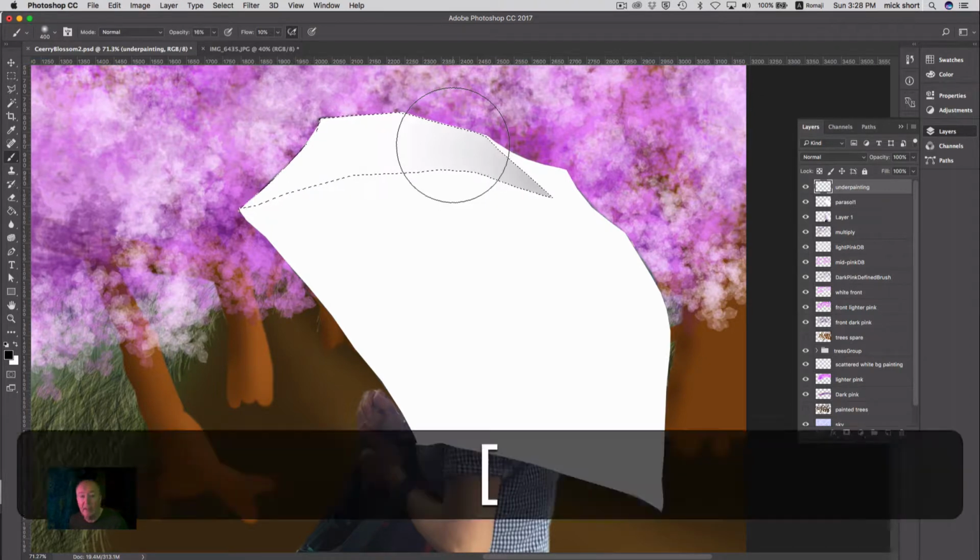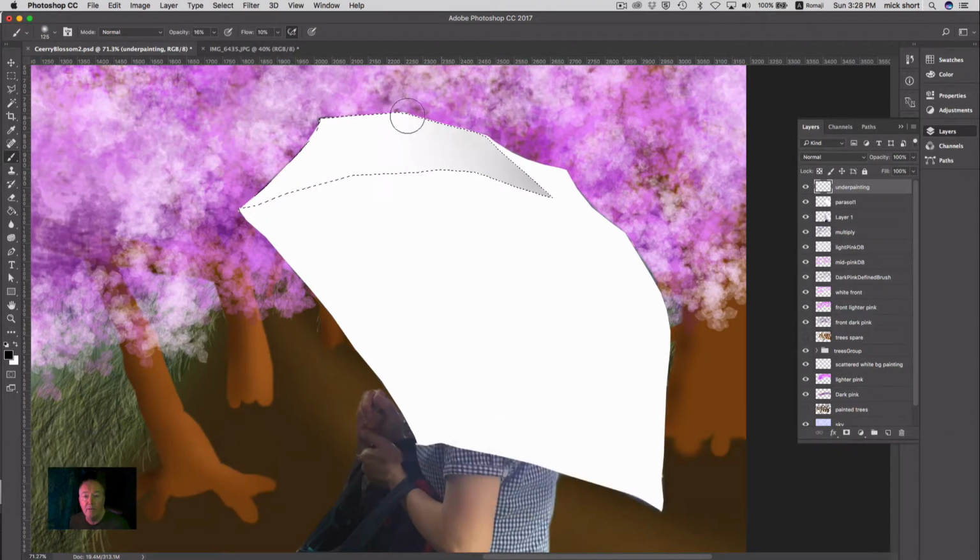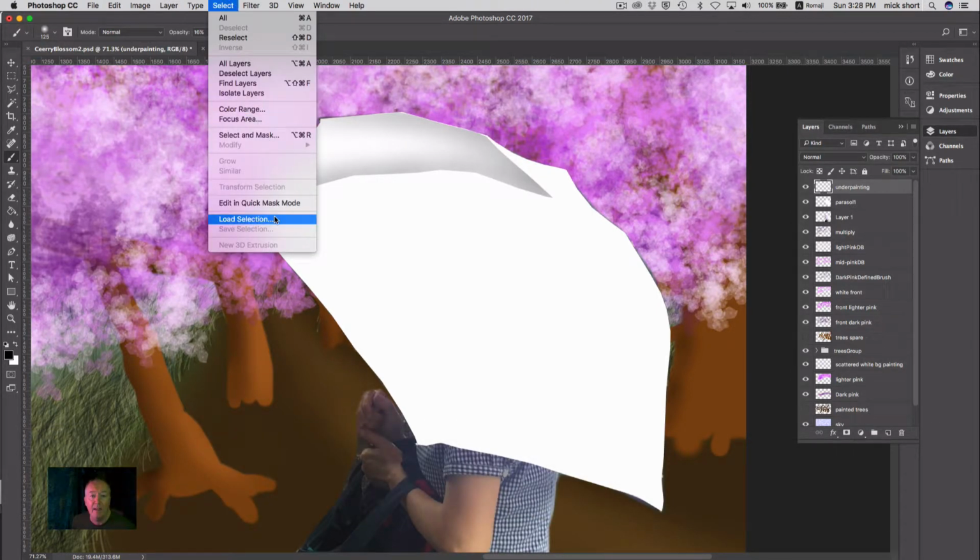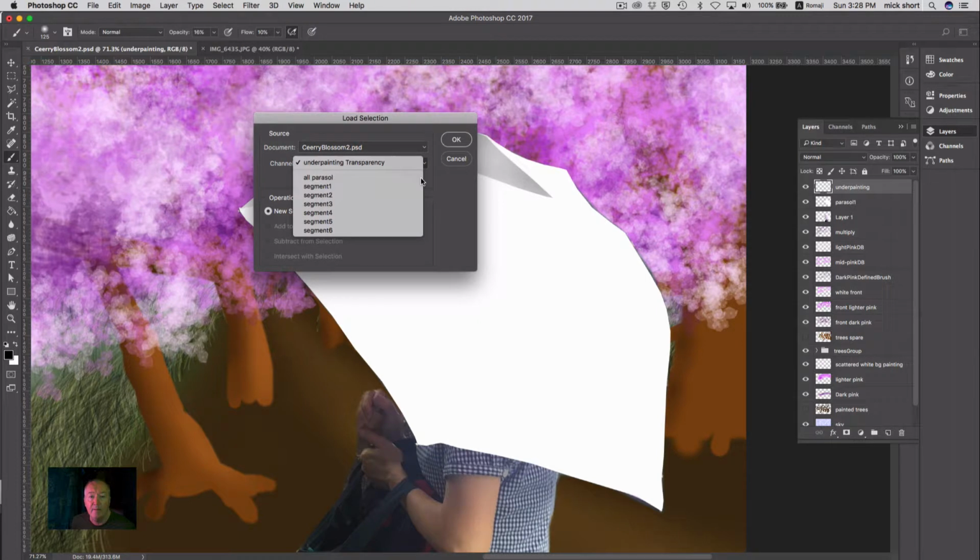And use your bracket keys to make your brush a little bit smaller, because you just want the edges of the brolly, or parasol, whatever it is, you just want the edges to have a little bit of depth. Okay, once you've done with that, you can Control D, Command D, and we can go and select our next segment,